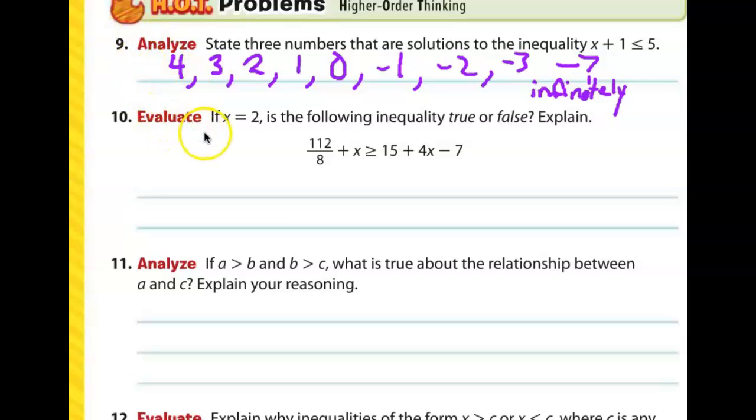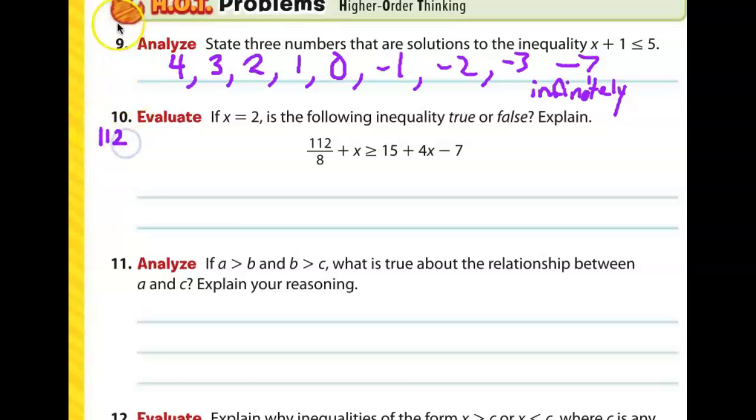All right, let's go ahead and look at this next one. It says that we're going to evaluate if x is equal to 2. Is the following inequality true or false? Please explain. So if we want to replace everything in this problem with 2, are we going to end up with a correct inequality? Okay, so the first thing we're going to do is rewrite the equation. So coming over here, we're going to write,